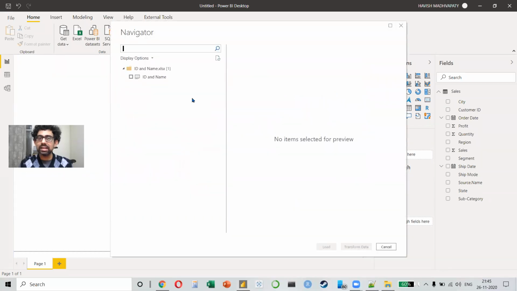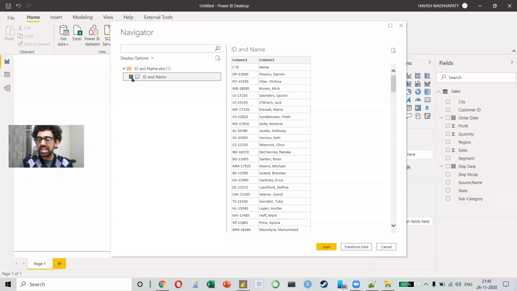And what happens is that when you select the sheet, there is a small problem. Do you see this column name? Now we know that the column name is CID and name, but Power BI is not able to understand that. Power BI thinks that CID and name are actually a part of the data, so it is creating a blank column called column 1 and column 2. This is a very common problem. This will happen at least 7 out of 10 times when you're working with Excel files. But there is a very easy fix for it.